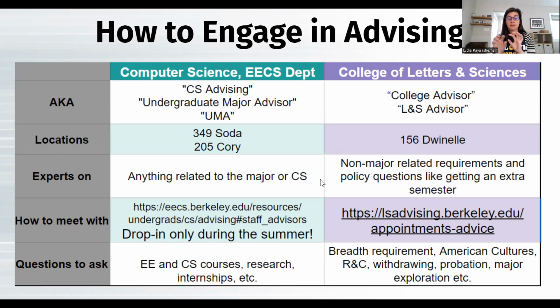A really big difference for appointments between the two is that the CS advisors use Cal Central to make appointments, and I have some slides included on how to go through those steps. L&S uses a different site for making appointments. Oftentimes we'll hear a student say, oh, I couldn't figure out how to make an L&S appointment, so I just went into Cal Central and booked. But then you're bringing us L&S questions, which we usually cannot answer. So make sure you find their appointment booking service, which is on their website.